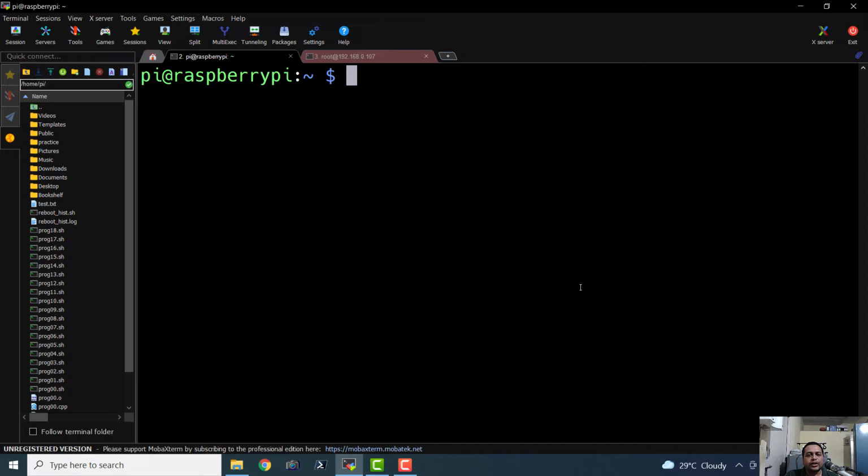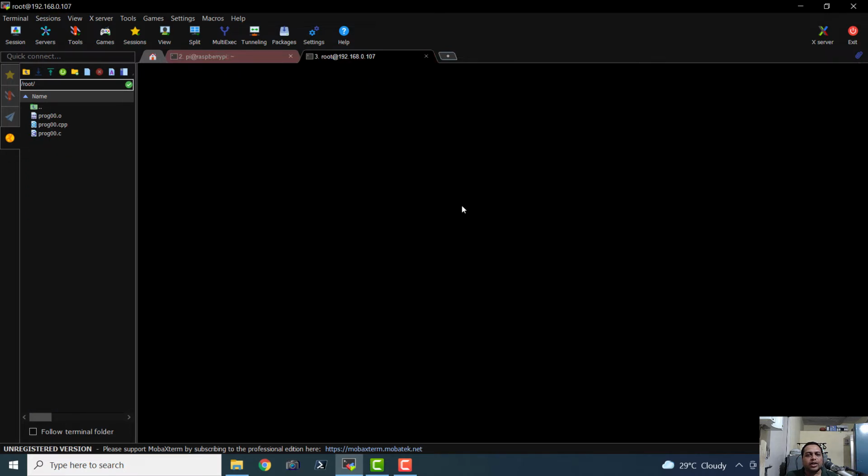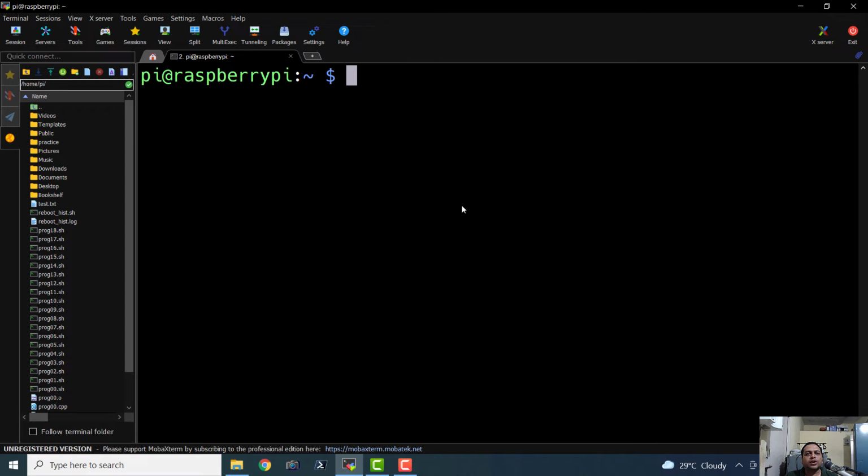So we are going to continue using the Raspberry Pi terminal for writing, compiling, and executing our C++ programs that have the feature of multi-threading, and I'm going to close the FreeBSD window. But remember that we can always compile the programs on FreeBSD or any Unix-like operating systems with the same compilation instructions. Now this was a very simple program where we were printing hello world. Now let us get into a bit more complex program that is going to use the feature of multi-threading.